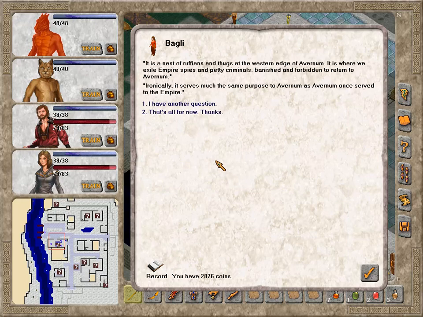What is the Abyss? It is a nest of ruffians and thugs at the western edge of Avernum. It is where we exile Empire spies and petty criminals, banished and forbidden to return to Avernum. Ironically, it serves much the same purpose to Avernum as Avernum once served to the Empire. Yeah, well...